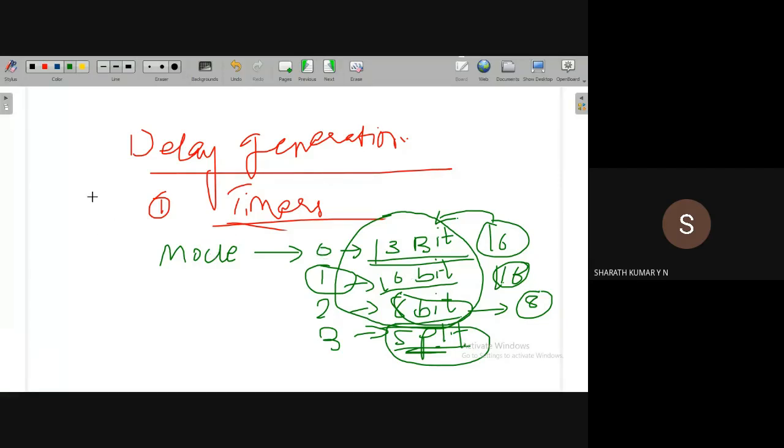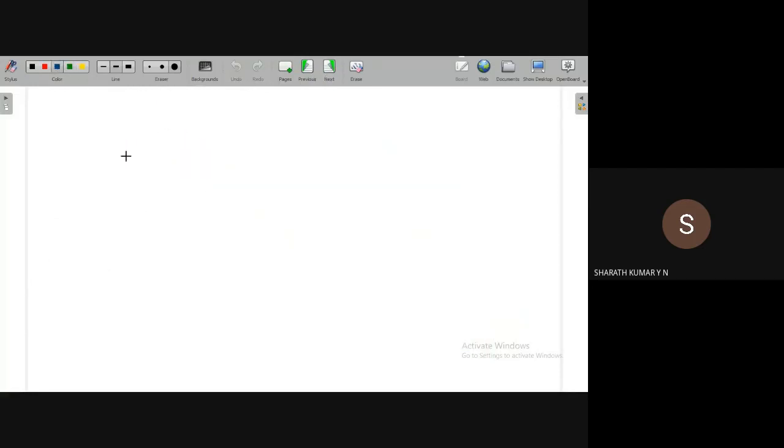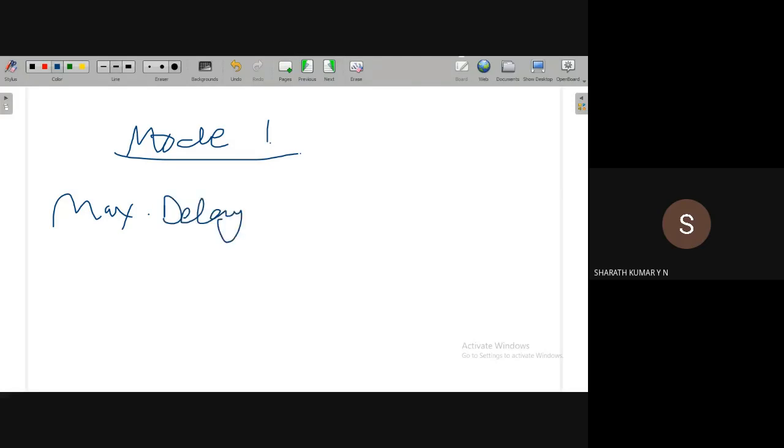So thereby, what is the maximum delay generated by the mode 1 operation? In mode 1 operation, the maximum delay is possible when both the timer bytes, both the lower byte and upper byte of the timer,